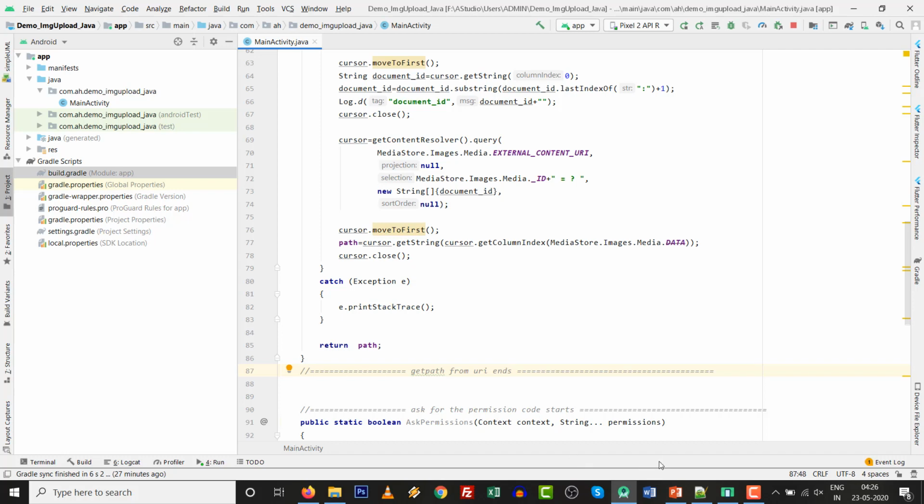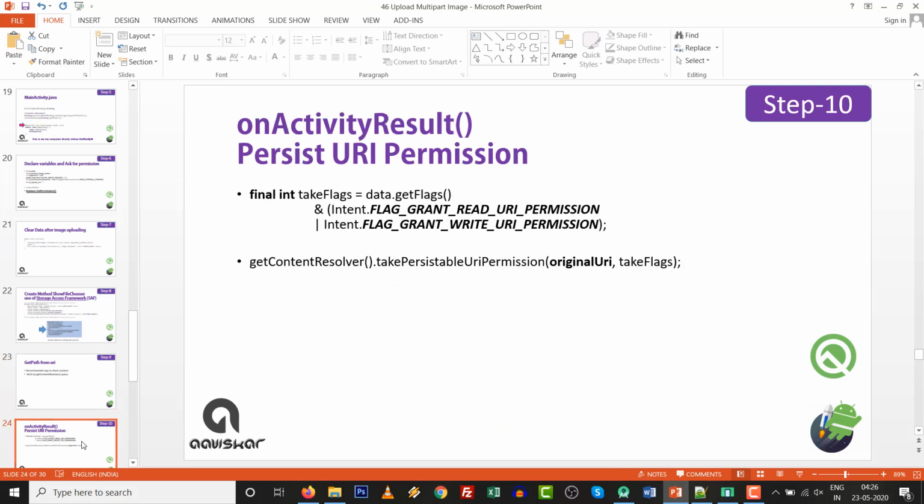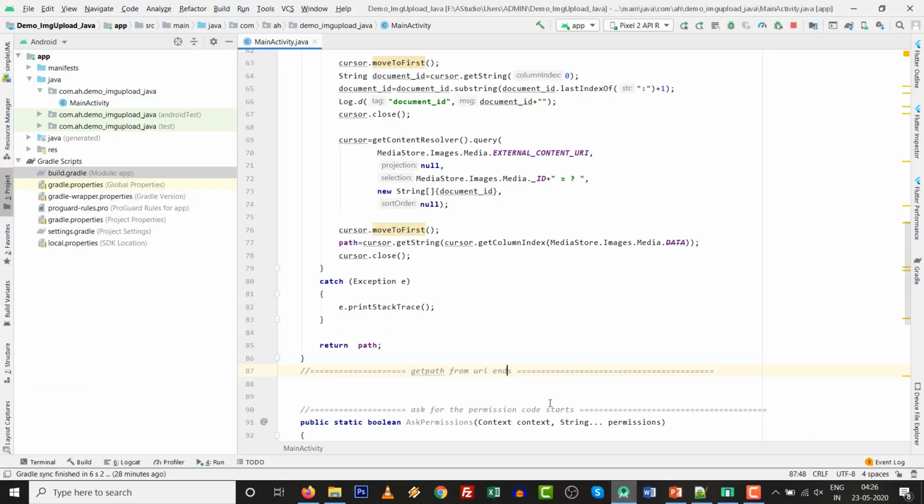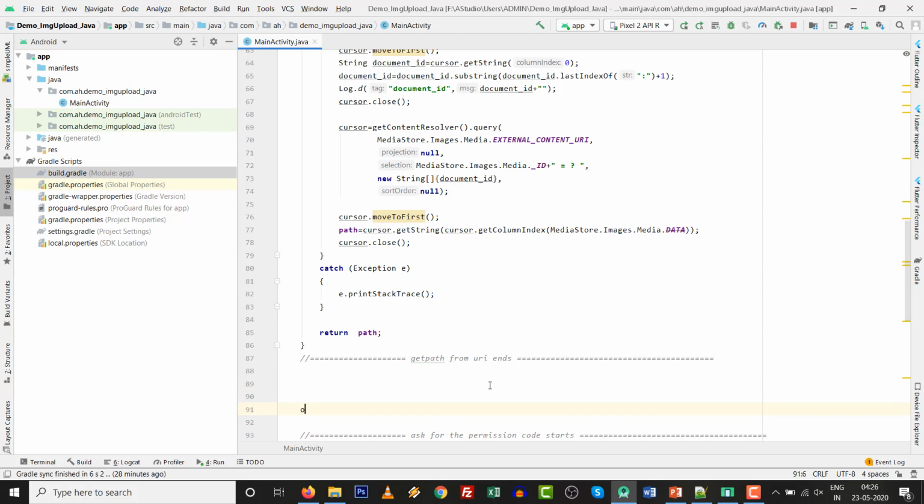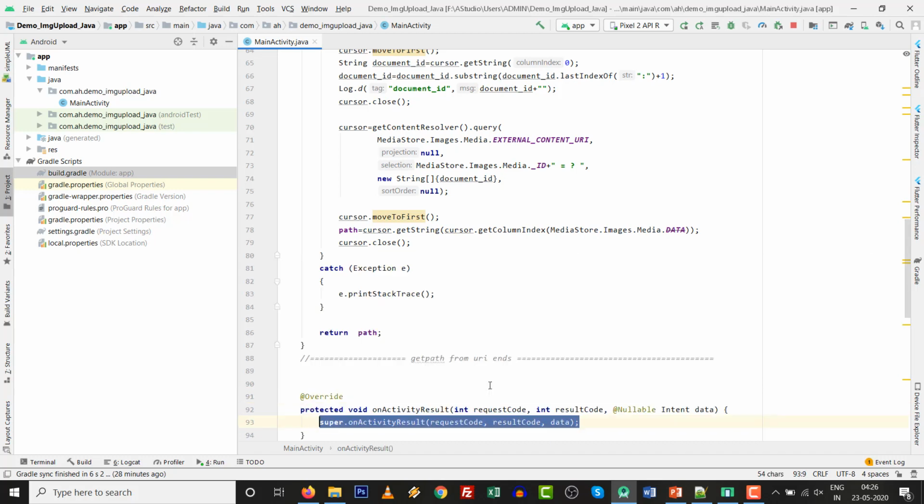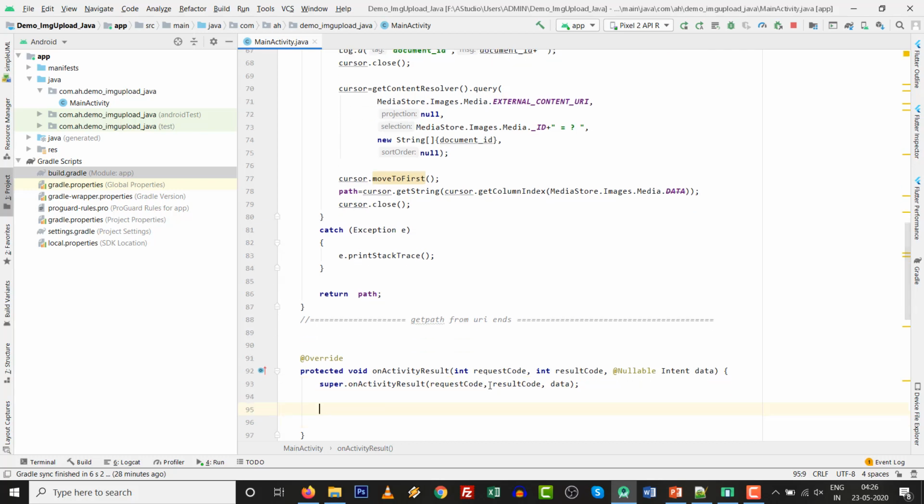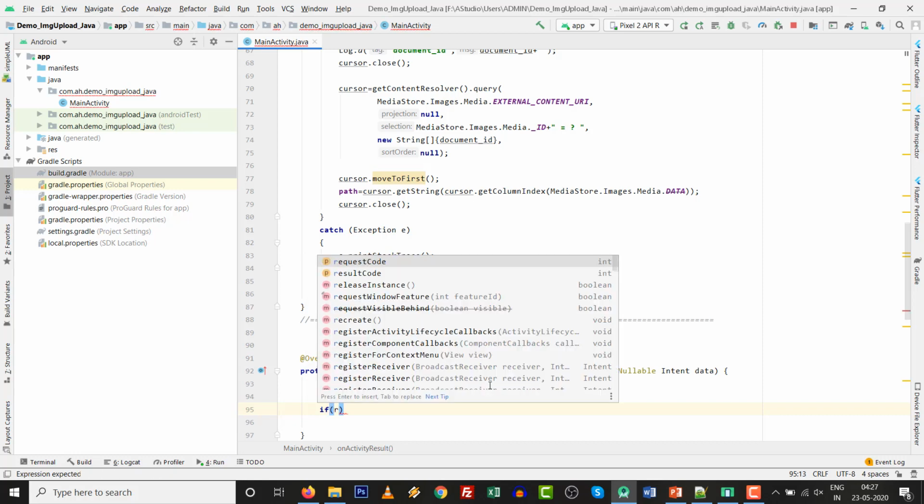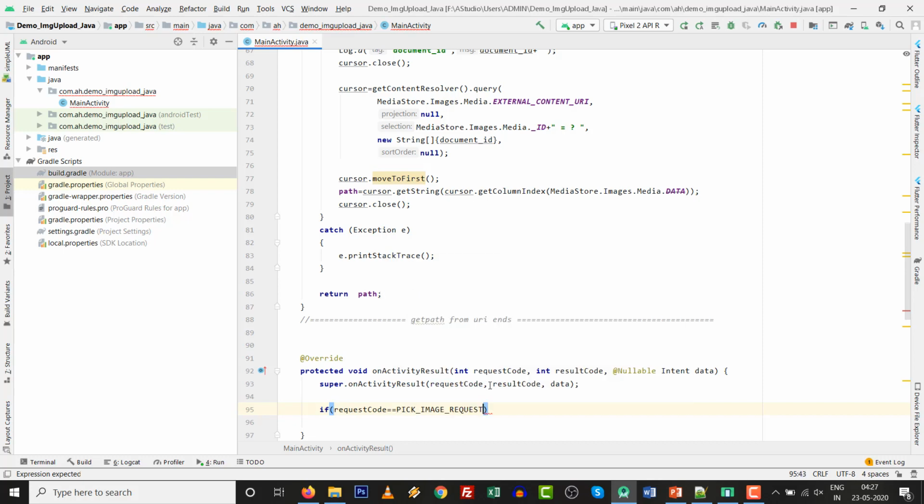I think there are only two things remaining. Step number 10: first, in onActivityResult we want to persist the URI permission also. We already discussed onActivityResult. Mostly people write it at the last; you have to override the onActivityResult method with requestCode and the other parameters. So write: if requestCode equals our already decided variable PICK_IMAGE_RESOURCE and resultCode equals